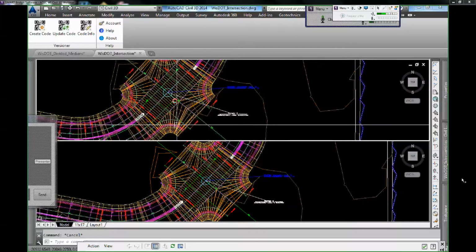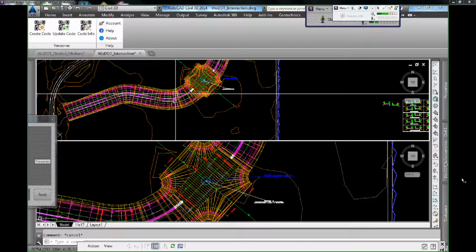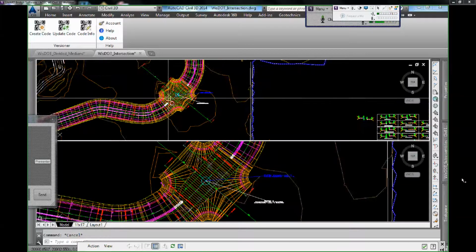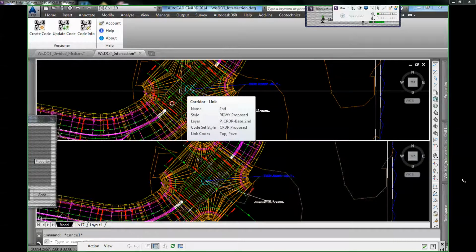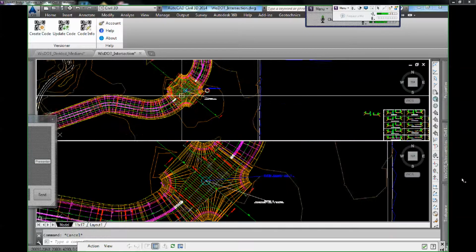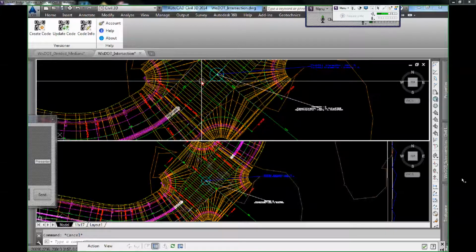Okay. Now, this portion through here is just a normal corridor coming into here. Now, this is all one corridor. So what I've done here, I've built the intersection first, and then I turned around and I merged, or I should say, I added this portion into that corridor. So if I go and look at it here,